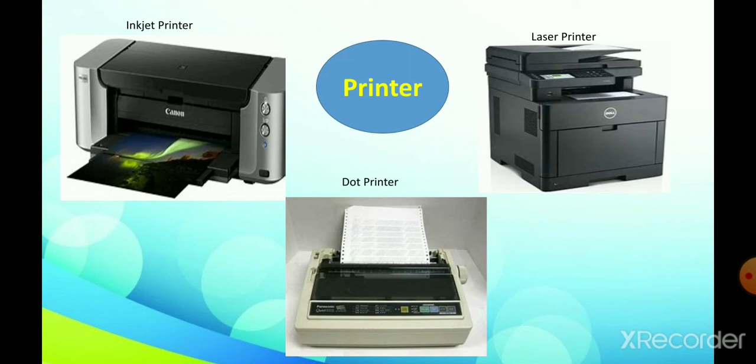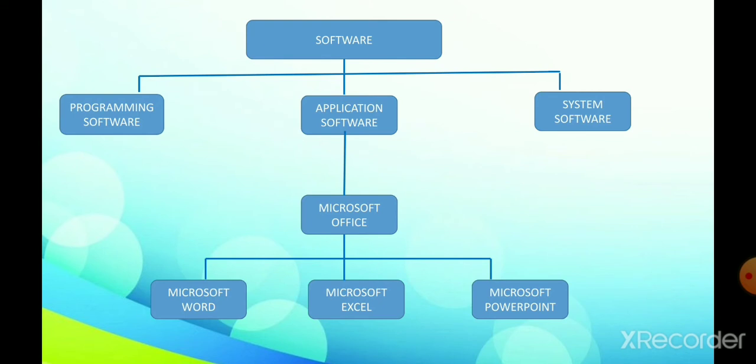Next, the laser printer. The laser printer uses laser beams and dry ink to print. It's mostly used in publishing houses. It is very fast and gives high quality output. It works like a photocopier. Next, plotter. A plotter is an output device used for producing high quality drawings like maps, layout of a building, etc. It is used by engineers and architects.